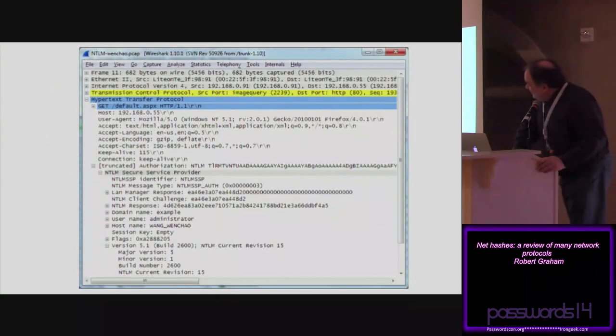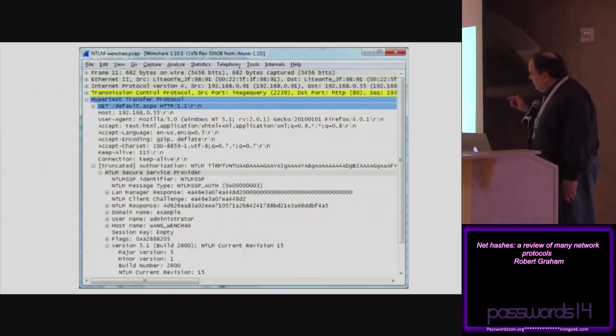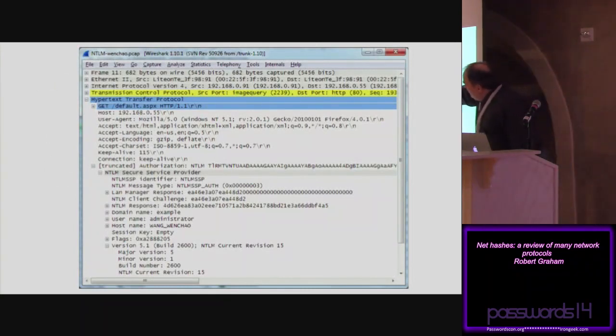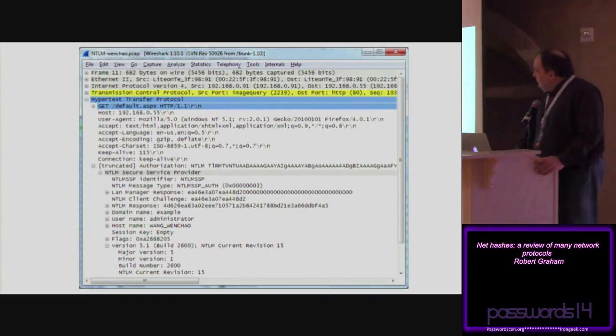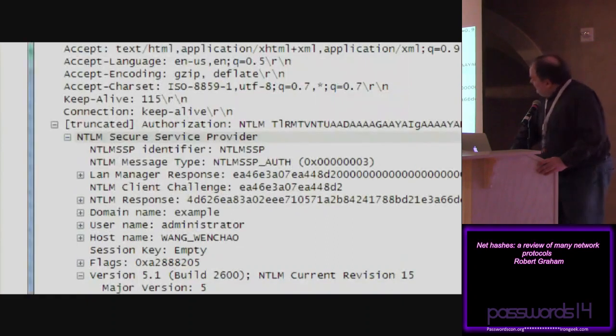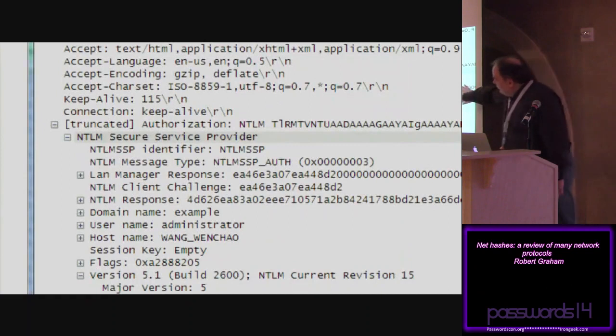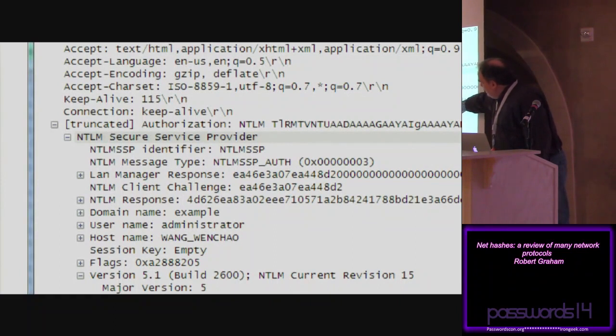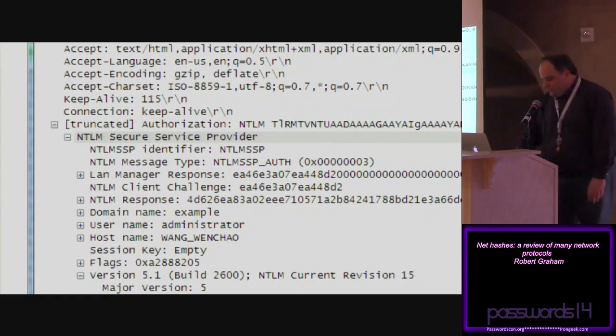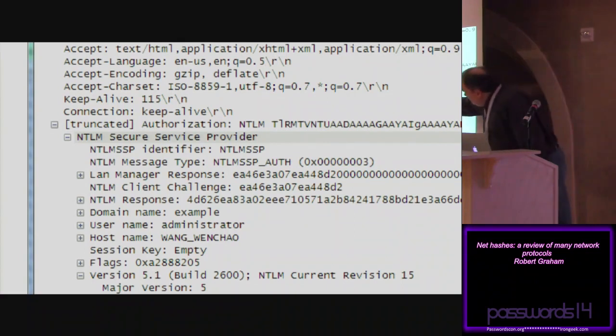Here's the same sort of thing. Again, it's really small. Sorry about that. This case is using NTLM instead of MD5, and then we see here all the same NTLM stuff we saw before. That was in LDAP and SMB and all the other Microsoft protocols. Here's where I try to blow it up so you can see the challenge response. So this was the challenge it got from the server. It repeats back to the server, and then here's the hashing by password. And all the other information, like